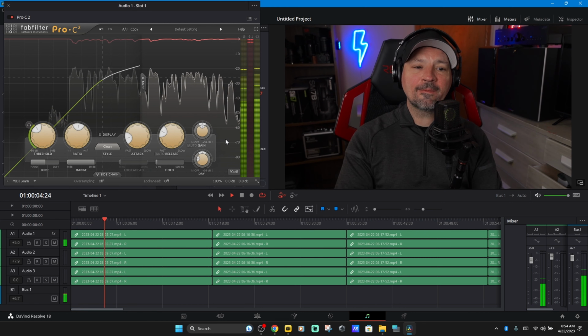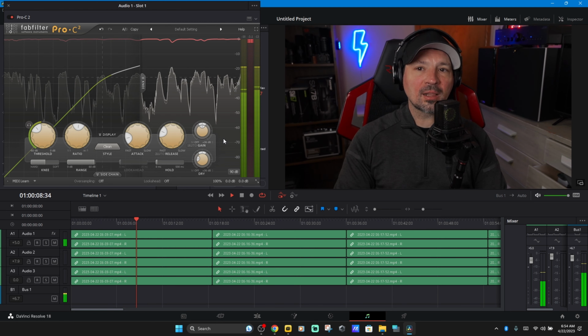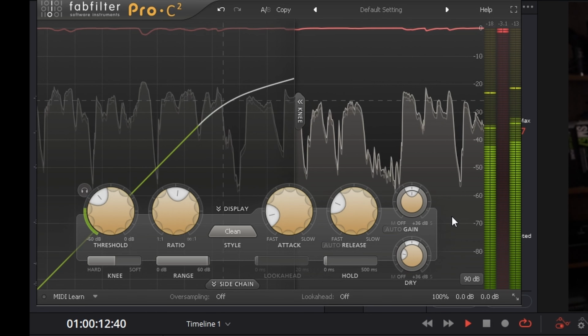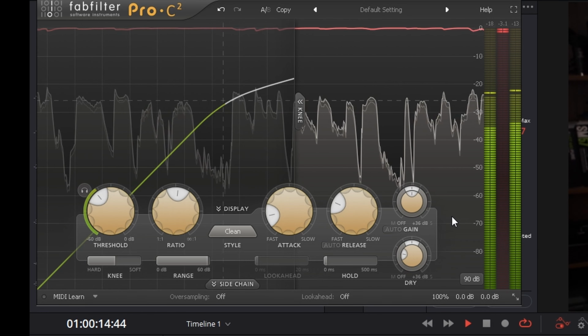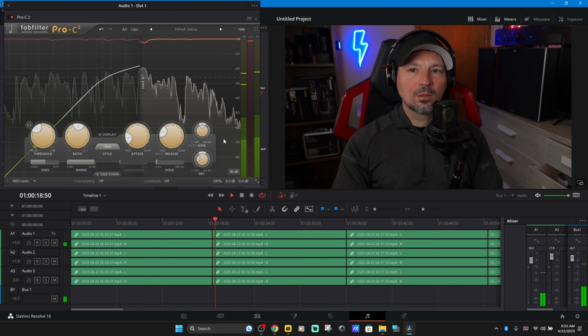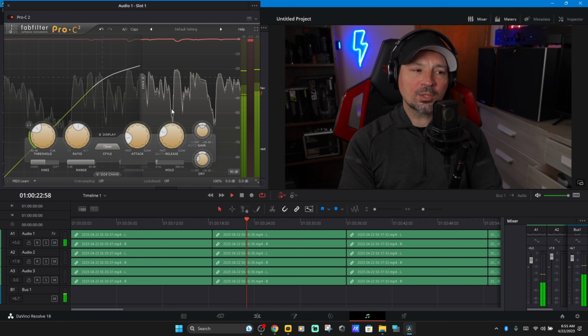We are going to check out the FabFilter Pro-C 2 for voiceover. I know this thing has a lot going on. It looks very complicated. I am going to make this so simple. A person that's never used a compressor before should be able to dial this in in about 30 seconds. When you open up this compressor, you're going to see the stock settings, and I'm going to show you exactly